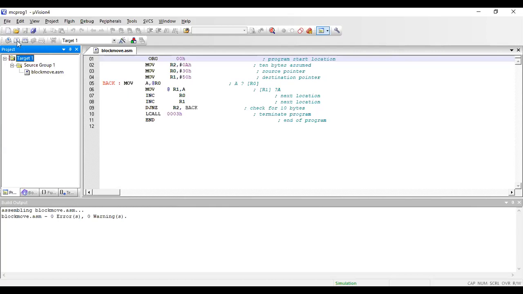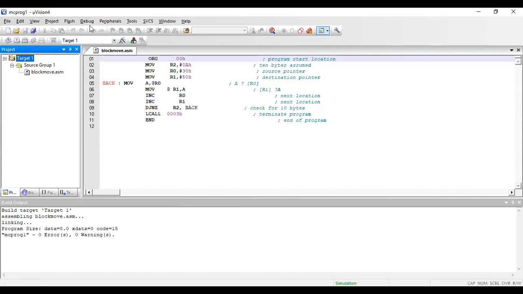So once this is done, go for the next step, which is building of the project. You can see that this is the build. The first one was to translate, right? The second is to build, right? Once you have built, go for rebuild all your files. Not necessary here because we have only one file, but if you are joining more than one file, this was necessary. Now once this step is done with 0 errors and 0 warnings, go for debug.